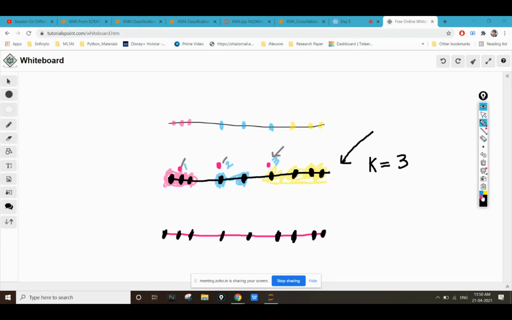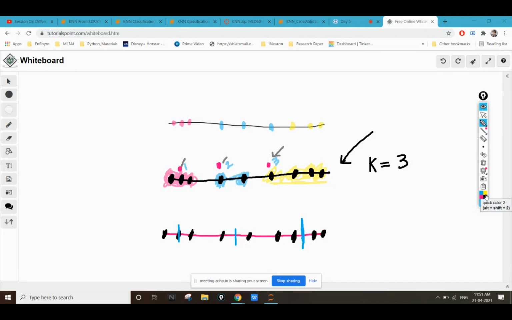Okay, now I'm going to shift this category points. I'm just going to mark this with the blue term. Now you can see that all these 4 points are of category 3. So I'm going to shift this category point, or the point from where I'm going to calculate the distance, to this particular position, at the middle of that particular category. And in case of this, I'm going to shift that to this particular position, and in case of this, I'm going to shift this to this particular position.